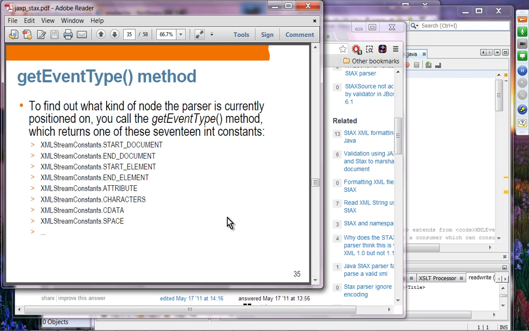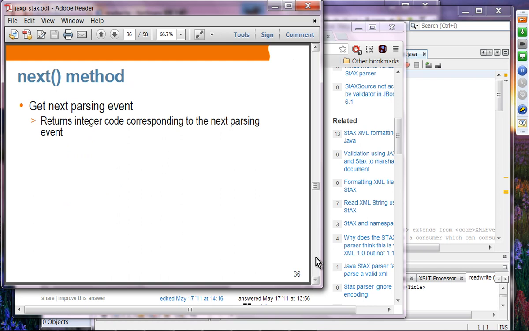So this is the get event type method. So you are going to find out what the event type is by calling get event type. Okay. So to find out what kind of node the parser is currently positioned on, you can call the get event type method, which returns one of these 17 int constants. Okay. And then you're going to call the next method, and it returns an integer code corresponding to the next parsing event. So it just returns an integer code, and then you are going to figure out yourself what that integer code means. Okay,